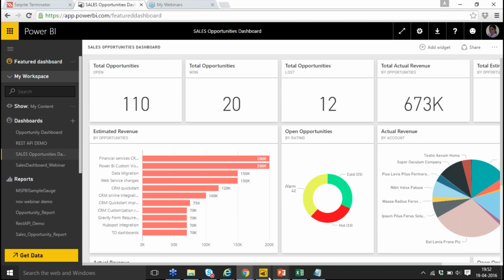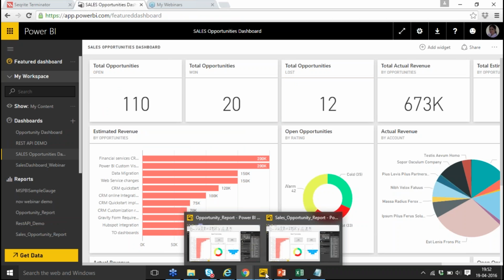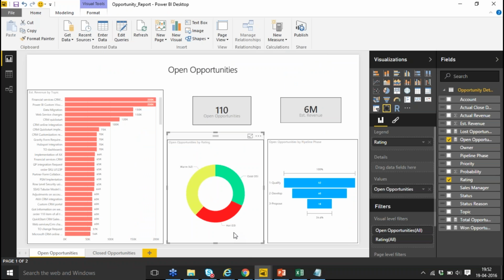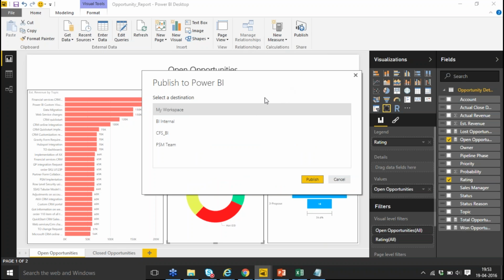So the next update is publish to the workspace. Now I'll be moving on to the PBIX file. This is a PBIX file I have created for the opportunities for today's webinar. So we know that we can publish using our PBIX file to our Power BI online account. Now when I click on publish, a new window appears on the screen that asks me whether I want to publish this report to my workspace or to another group space that I have created on